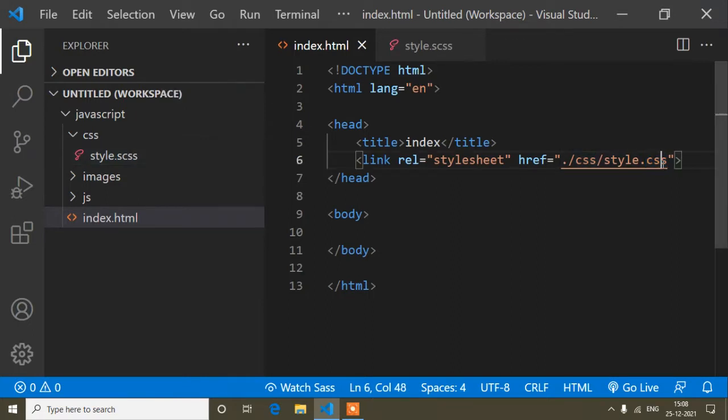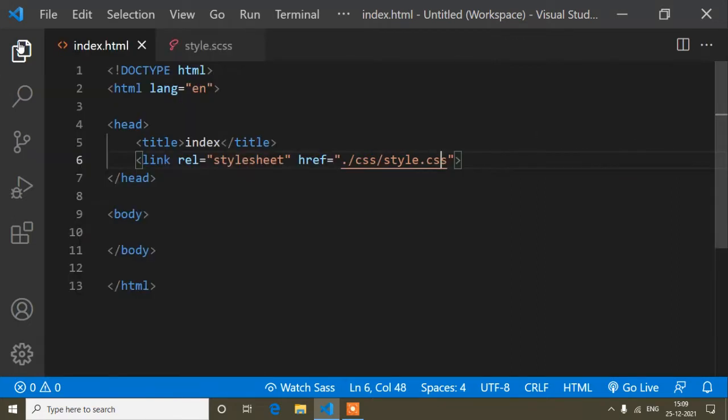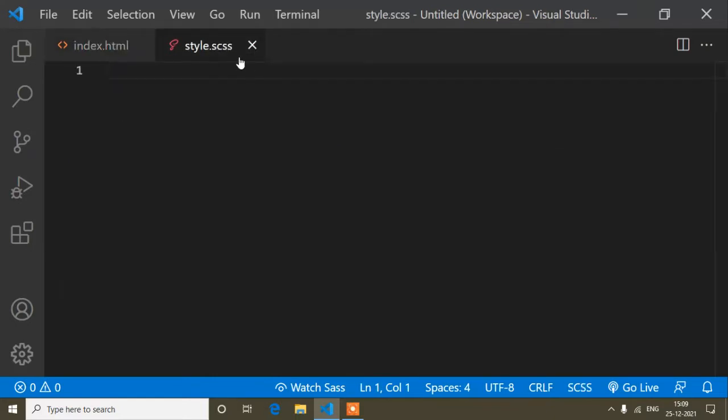But linked, I'm not removing. Okay, so one more thing you have to notice: the style.css file is created. After creating this style.css file, at the bottom I'm getting a new thing, that is Watch SCSS. You will get the same because I installed the SCSS compiler, and then I created a style.scss file, so that time I'm getting this one.